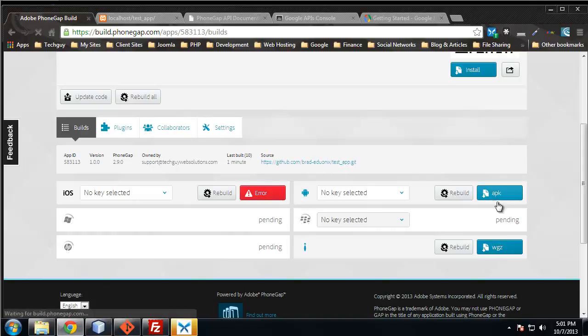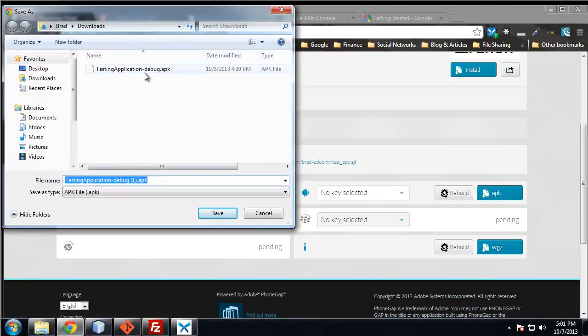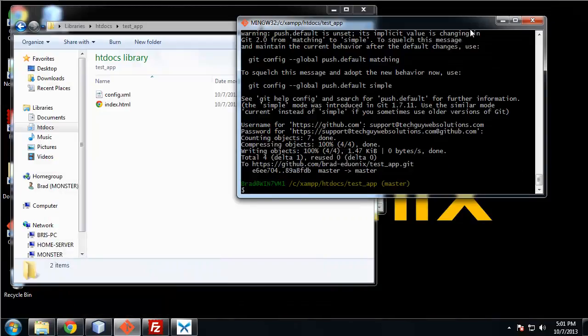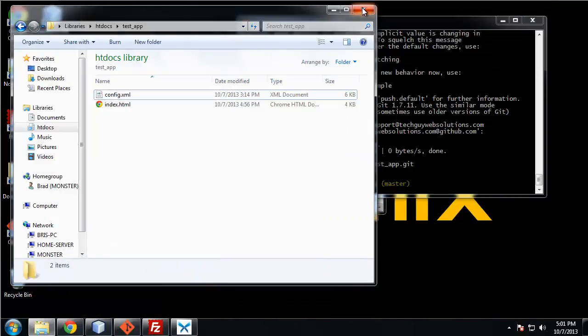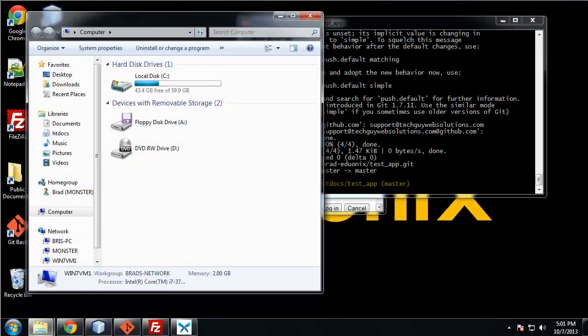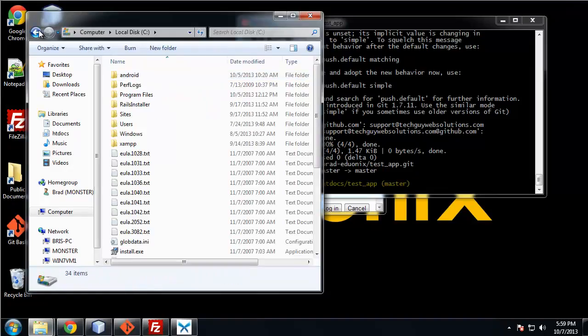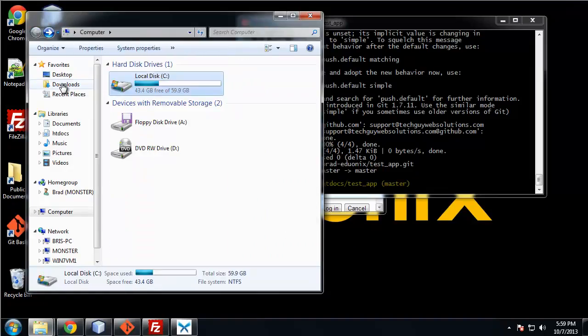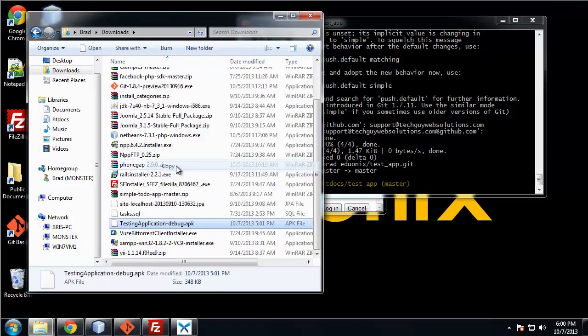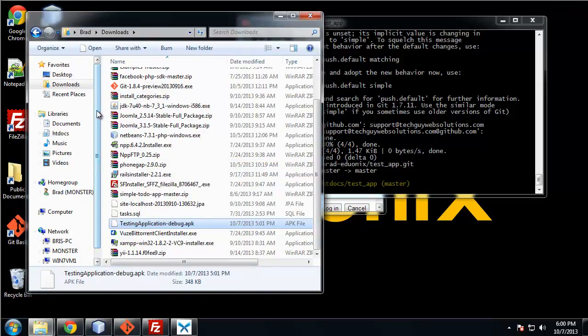All right, so I'll download my APK file. I'll just replace this one. And if we go to our computer, I'm going to go to my downloads and the test application APK file, copy that and put that,